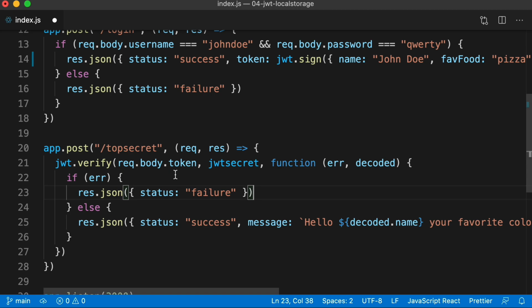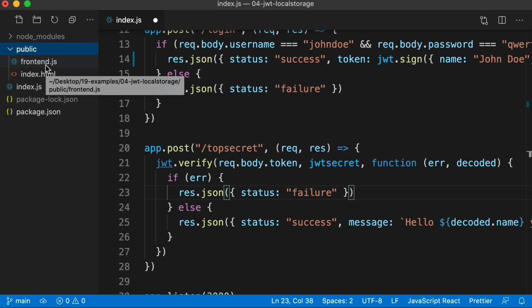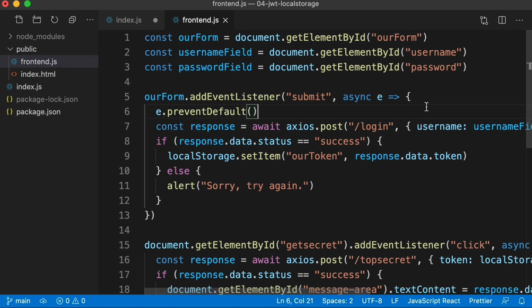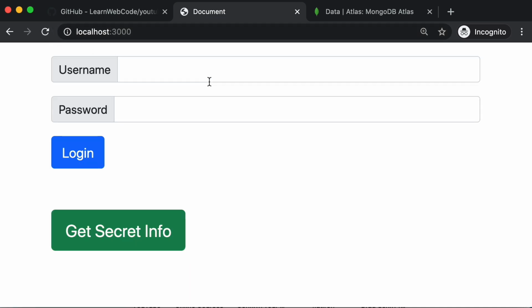So getting back to our code, you'll notice there is a public folder, and it has a file called frontend.js. So right now, let's see this in action. If you still have this server up and running in your command line, you can just visit localhost 3000 in your browser. Okay, and then that front end or client-side JavaScript file we just looked at, that's powering this